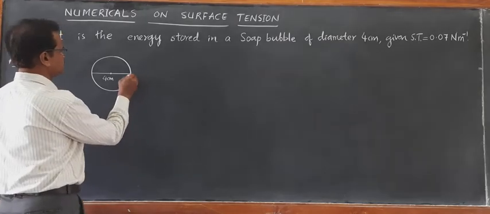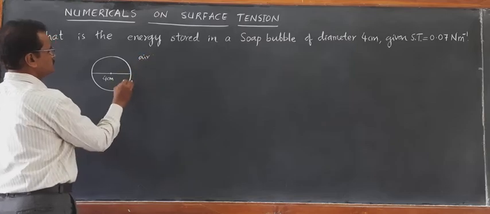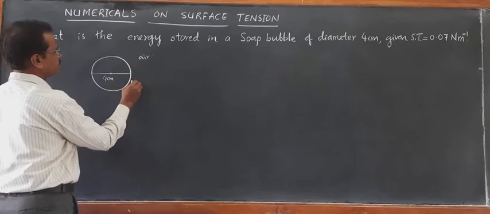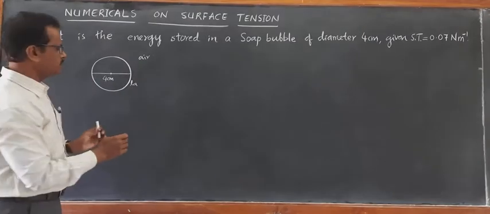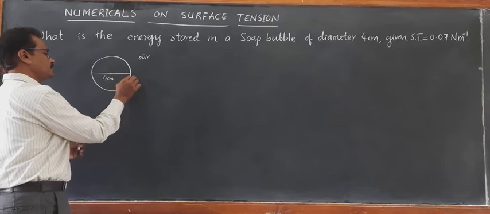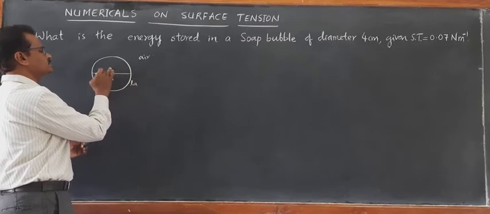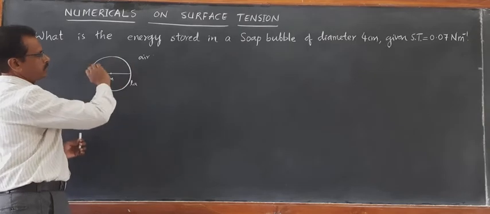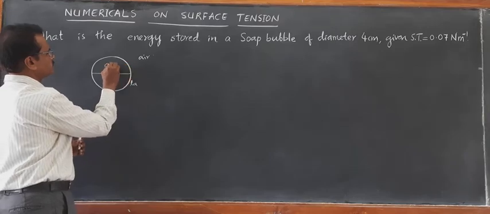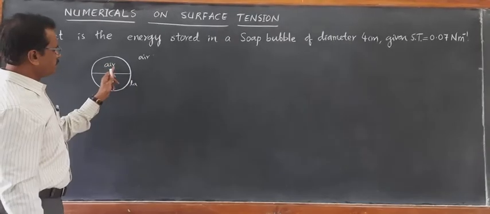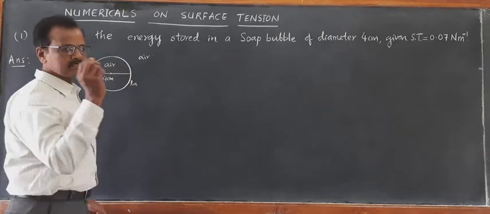This is the liquid surface surrounded by air, right? So there is a liquid-air interface, the spherical liquid-air interface exposed outside, and another spherical liquid-air interface facing inwards, which is concave. Outside it is convex, inside it is concave. So inside also there is a liquid-air interface. So a soap bubble has two faces.